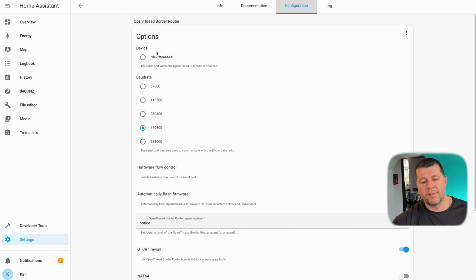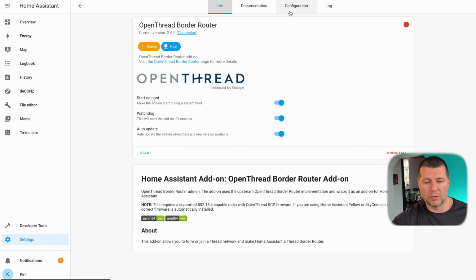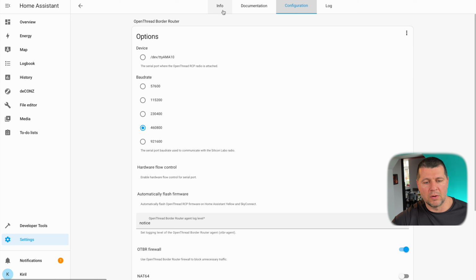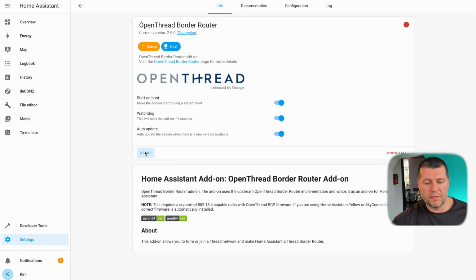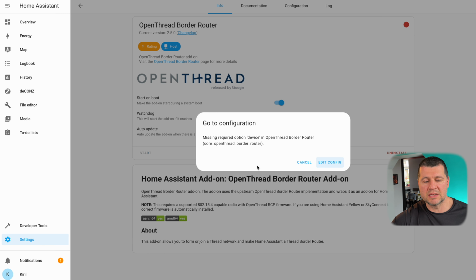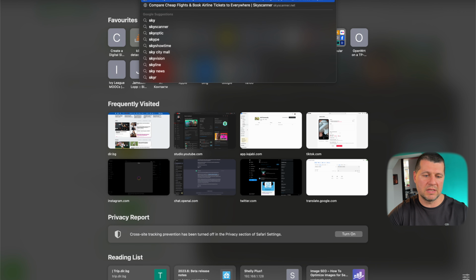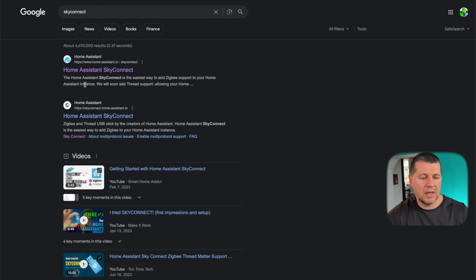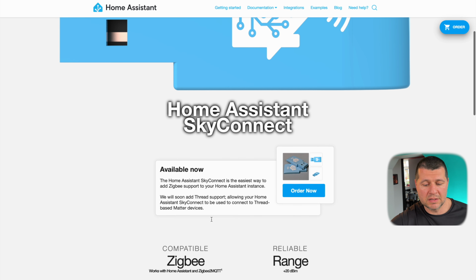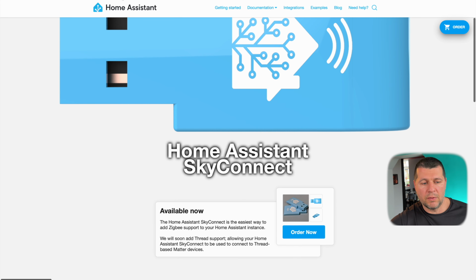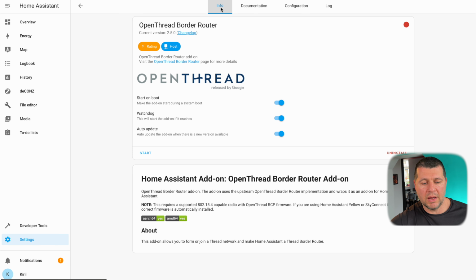You need to have a thread compatible device in order to start this add-on. I don't have such on this testing machine, and if I try to start, I'll see this error: missing required option device. But if I have a device such as this SkyConnect or any other compatible thread stick or device, I'll be able to configure it that way, and I'll be able to use Home Assistant as thread border router. As stated here, this requires a supported